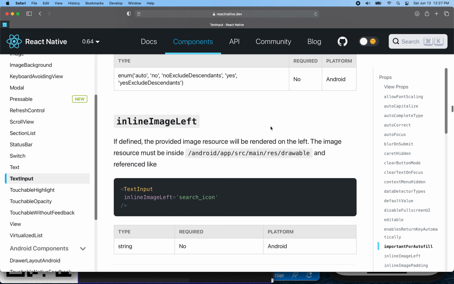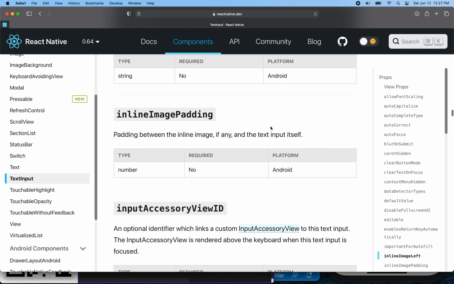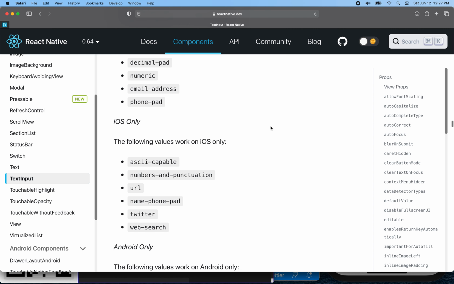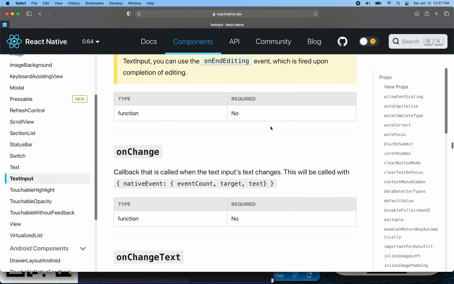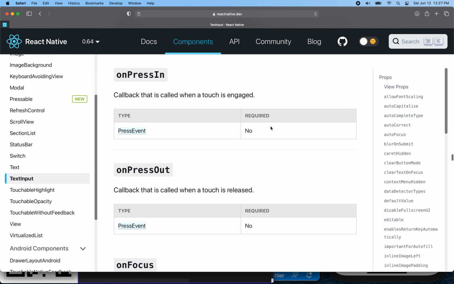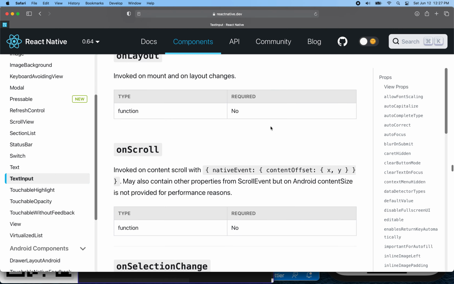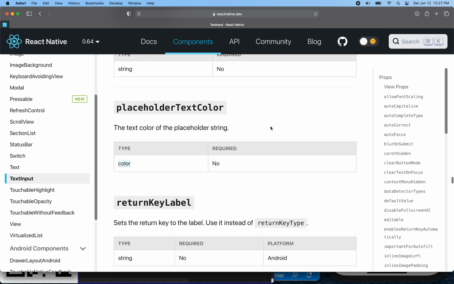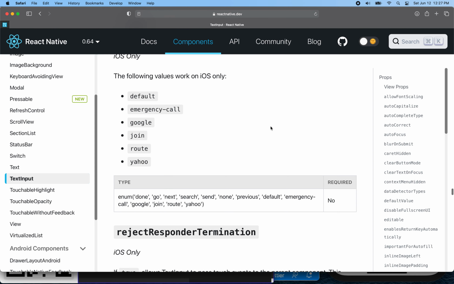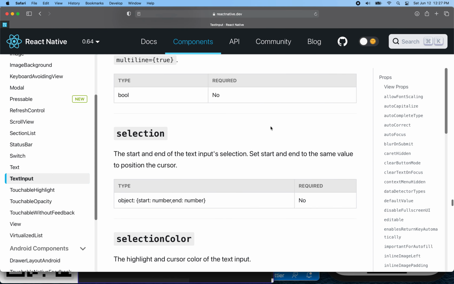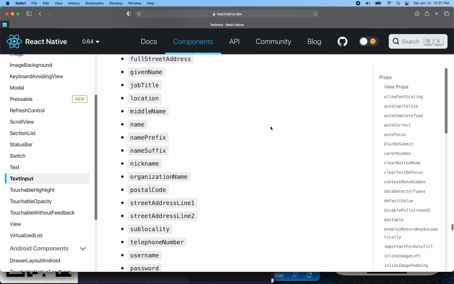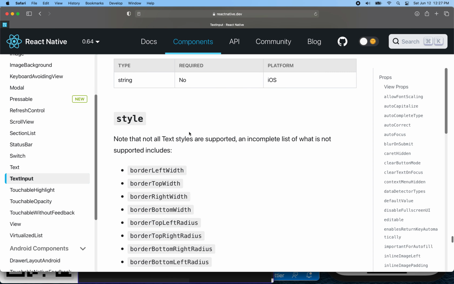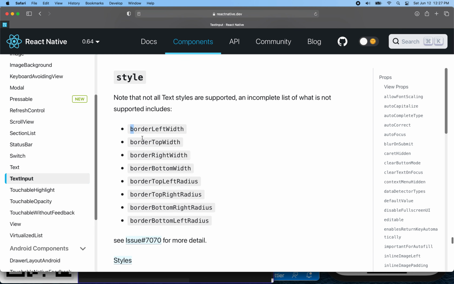I want to get to this section down at the bottom here, right? And keyboard type. Usually at the bottom, what I'm looking for is a list of CSS properties that your component will work with, right? So I'm just looking for that section here. Somewhere down here, spell check, text. Wow, this guy has a lot of properties, right? Oh, style. So at the very bottom, there's a section called style, and then it tells me which style properties